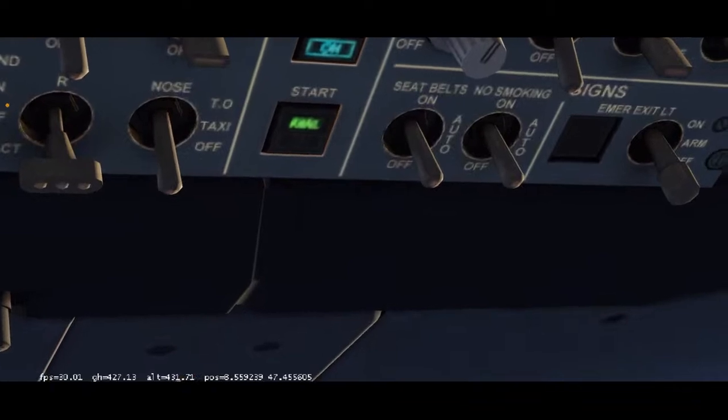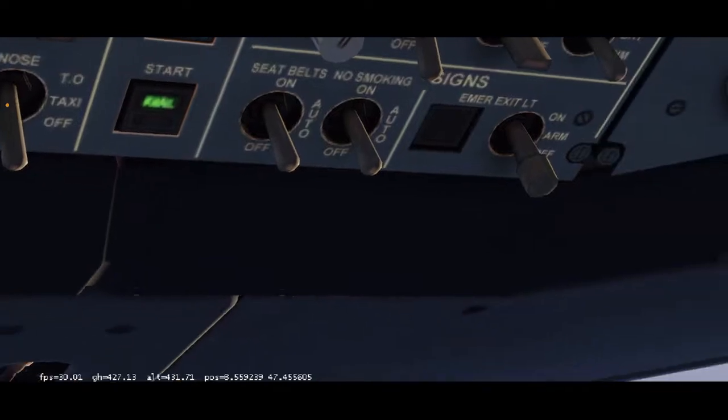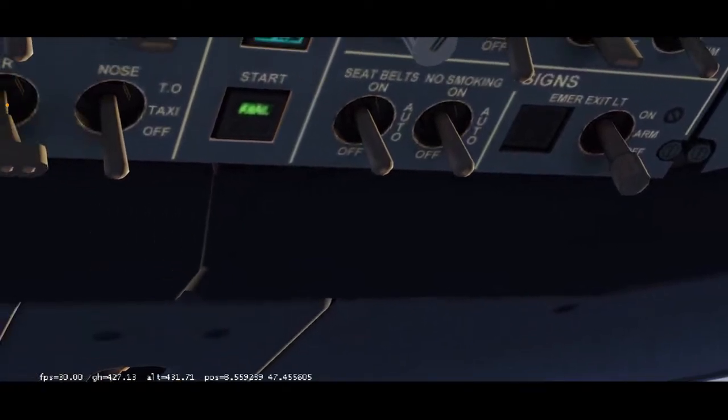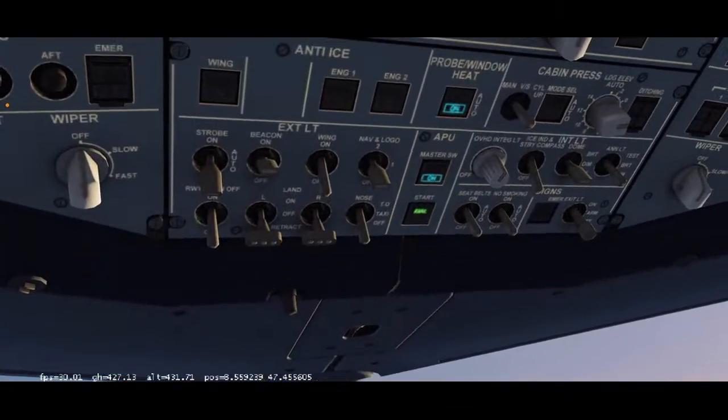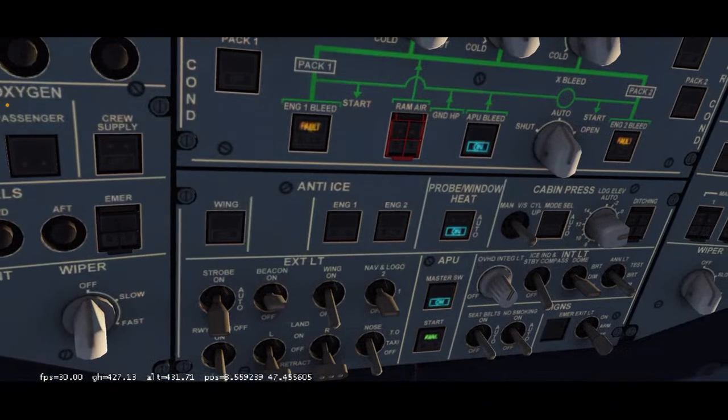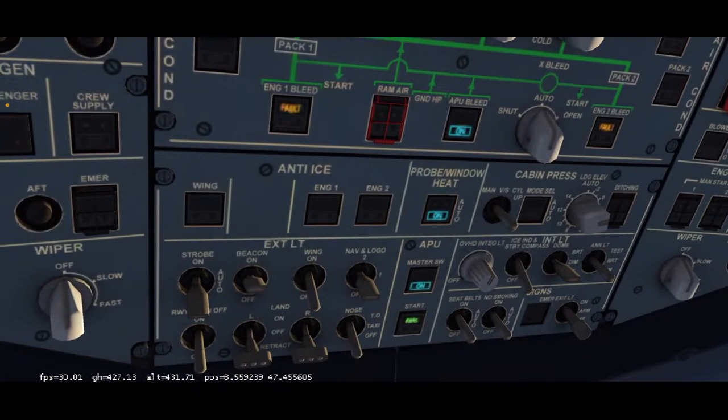Basically, if there's none of that happening, the seatbelts will turn off. If the aircraft is stable, we're at cruising altitude, and there's no winds, those will turn off. No smoking, obviously, has to stay on while we're in flight. They usually turn off automatically, on auto, once everybody's off the flight and everything is shut down. Rambo, we are doing a full flight in this video, but I'm mainly starting with a tutorial on how I'm starting up this aircraft. Any other questions, guys? Let me know. Feel free.